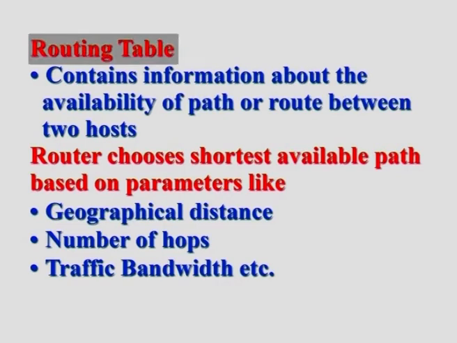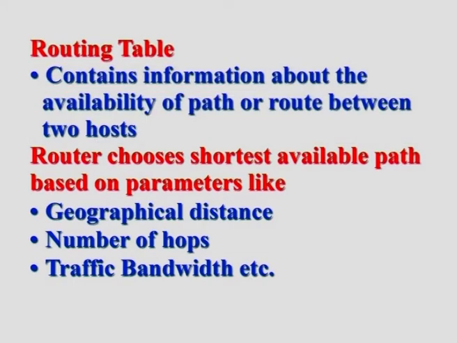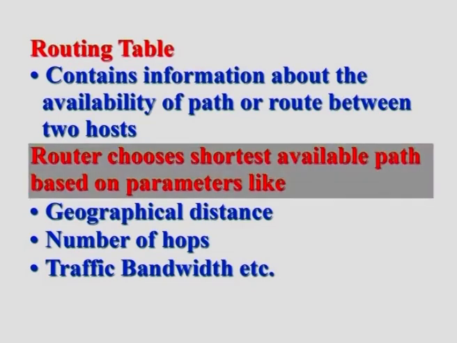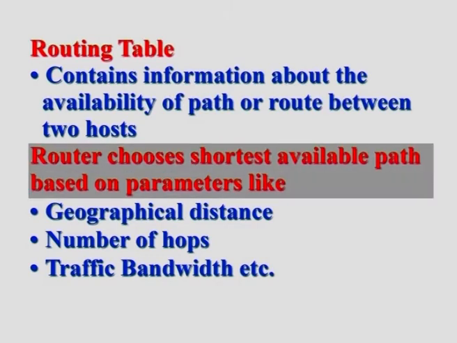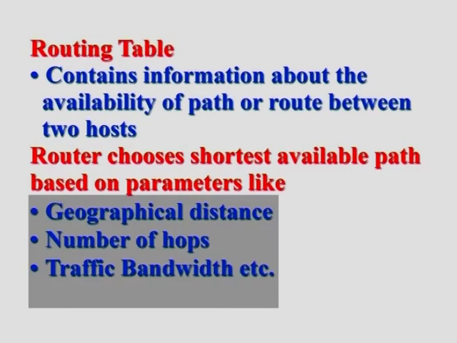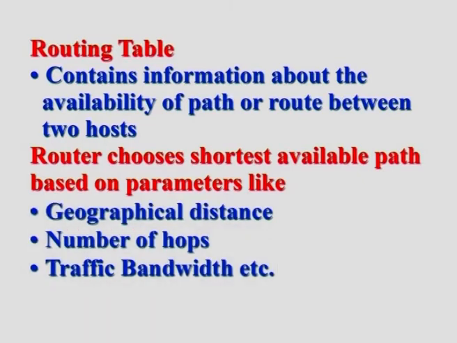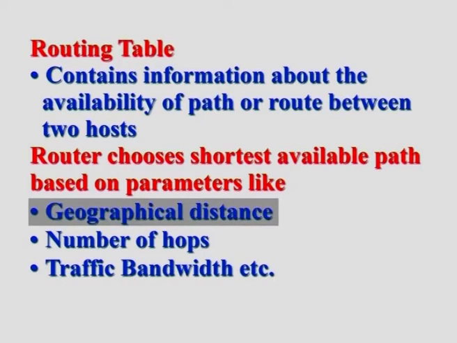Now what does this routing table contain? The routing table contains information about the availability of paths or routes from source to destination. Now who chooses the shortest possible path and how? The answer again is the router. A router chooses the shortest available path using some routing protocols. These protocols are based on some data structure algorithm called a routing algorithm. Different routing algorithms decide the outgoing route for an incoming packet based on various parameters like geographical distance, number of